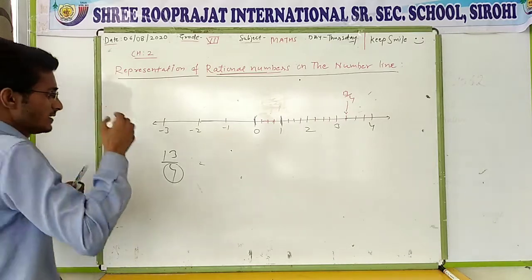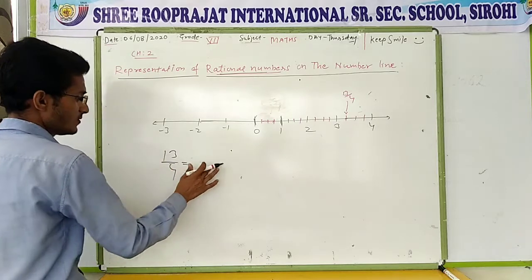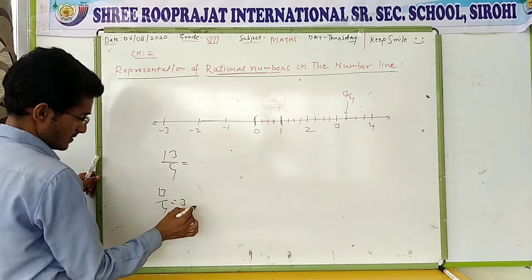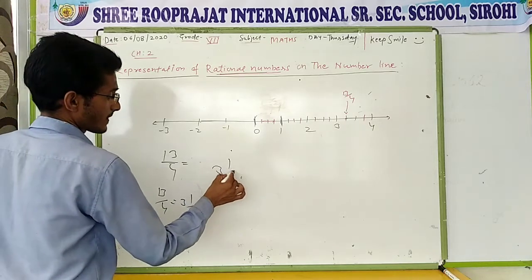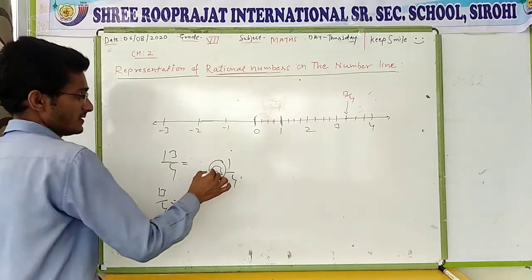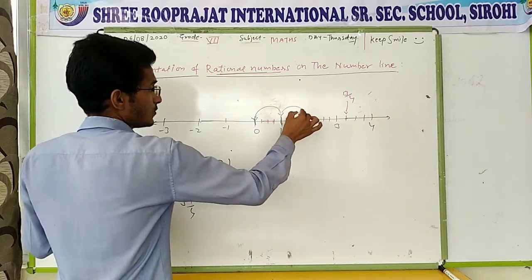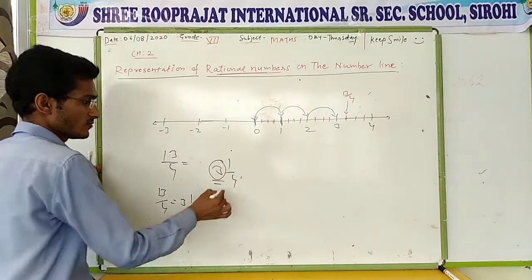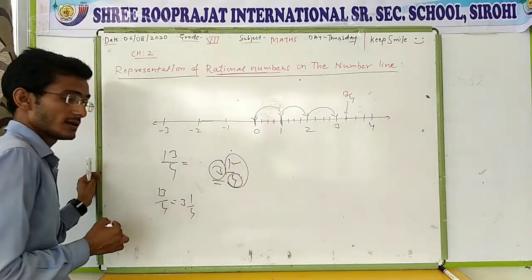Suppose it is not given like that, or you can change the rational number into a mixed fraction. So what will you do? You have to divide 13 by 4, then it will be 3 and 1 by 4. That means first of all you have to complete the 3 complete parts. You start from 0, complete 1, then 2 and 3. Now that you have completed 3, from the next part you have to take only 1 by 4. That means you divide it into 4 parts and out of 4 take only 1.